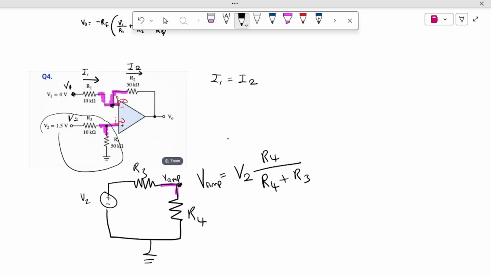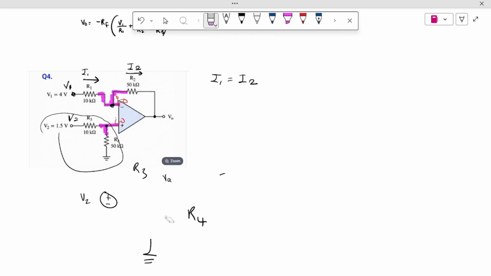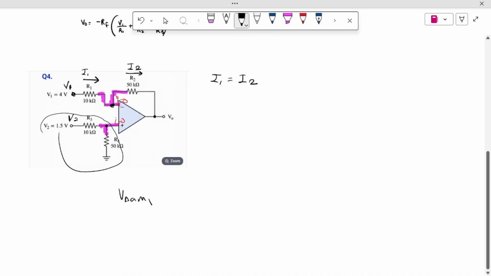So now we know the potential here is equal to V amp. Let's erase this. In our case, it's simpler to just use a calculator value. So you get 1.25 volts,